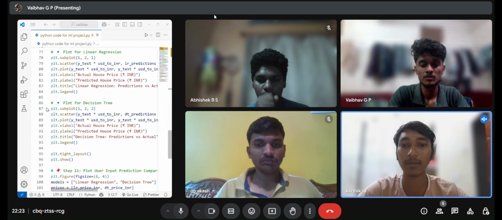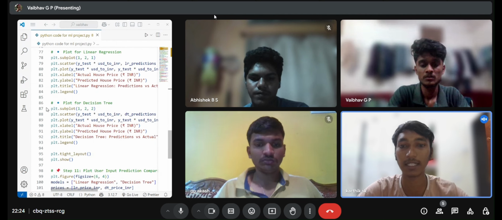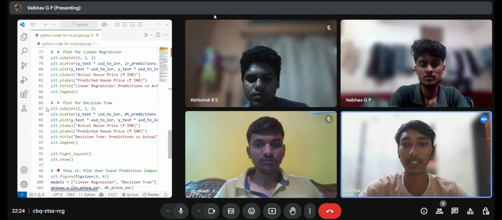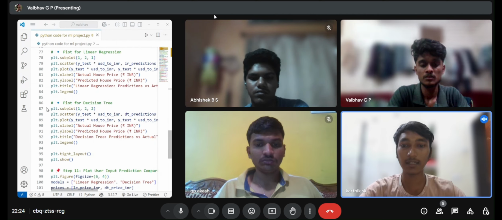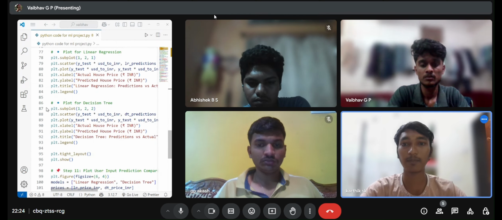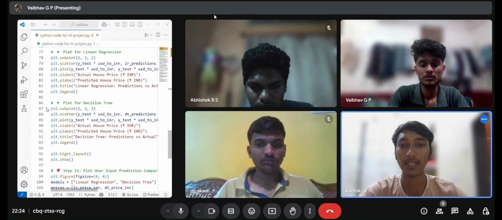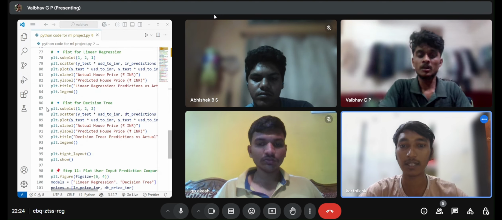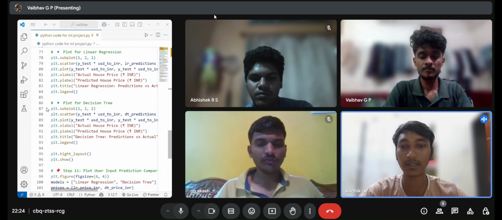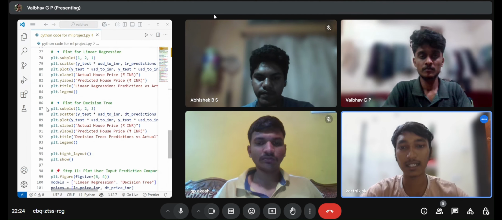And next is the label predictions, which adds a label for the legend indicating these are the predicted prices. And next is plt.plot of y_test, and this line creates a line plot, with y_test.values as the actual prices on both the x-axis and y-axis. This forms a straight diagonal line, y equals x, which represents perfect predictions, and the line is red